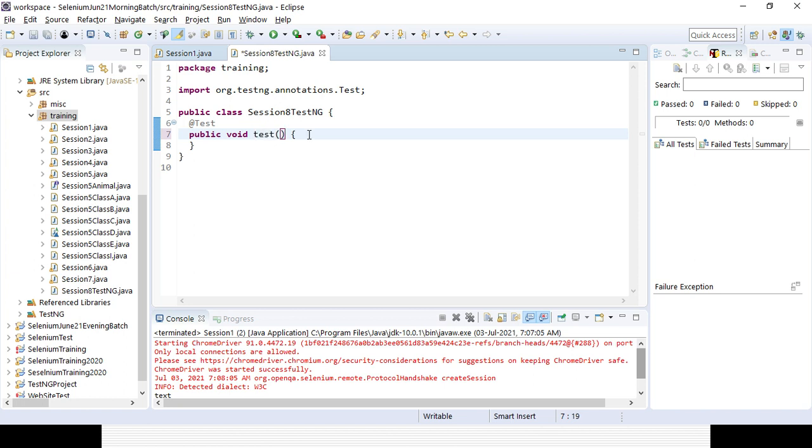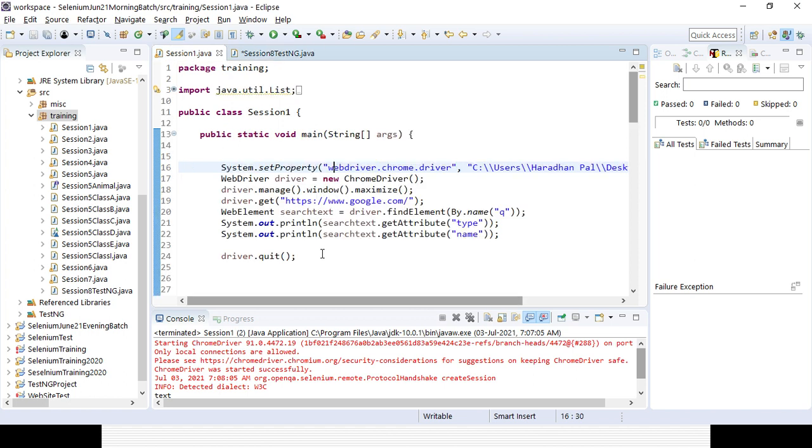And if you want to run your first code, you can run it with the help of the SYSO method. Suppose, say, My first TestNG project. Let's try to run it and let's see the differences between Java classes and the TestNG class.